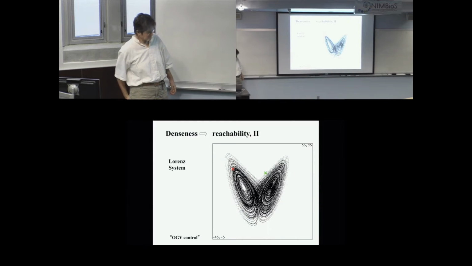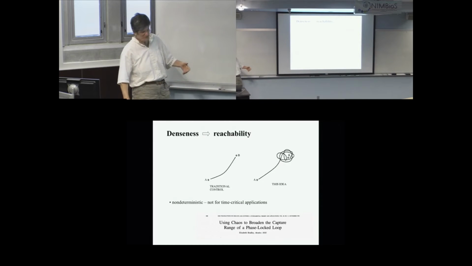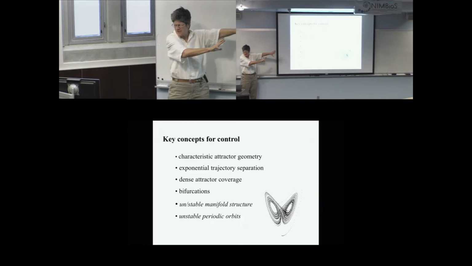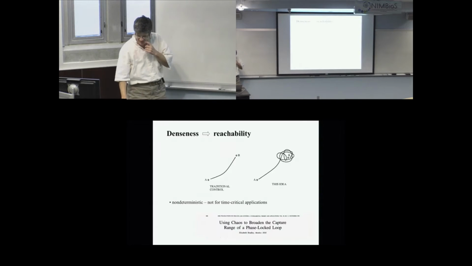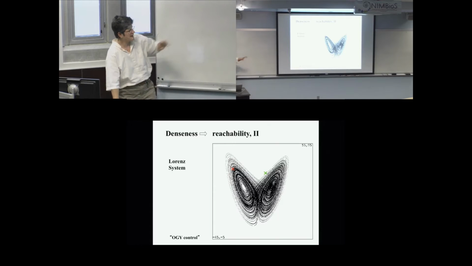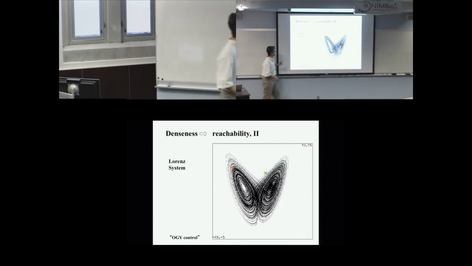All right. So that's using this business of denseness to build an attractor that touches the place we want to get to and just wait. We can also be a little smarter. So this is the same kind of thing, which is I am here, I want to get to there, so I just turn the parameters until this thing that I'm living on touches the place that I want to get to, and I just wait. But it could take a long time.